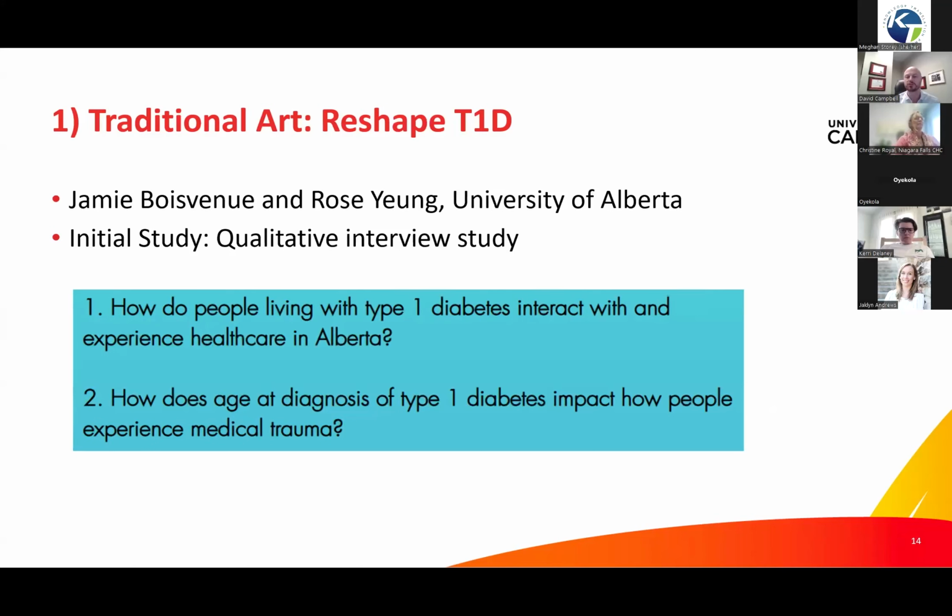So they had a community-based group, and they interviewed people with lived experience of type 1 diabetes. And their whole idea was to understand, how do people experience healthcare in Alberta with this condition? And how does age at diagnosis impact how people experience medical trauma? And what are the specific traumas that people experience when they are diagnosed with type 1 diabetes, particularly at a young age? So that was the objectives of their study, and they did these interviews, and they came up with